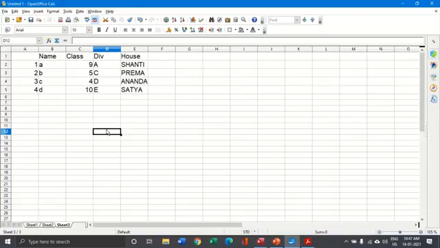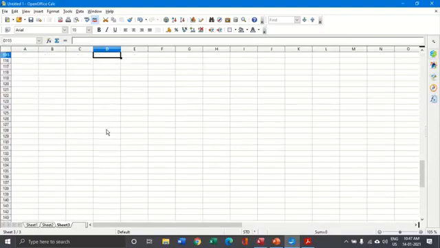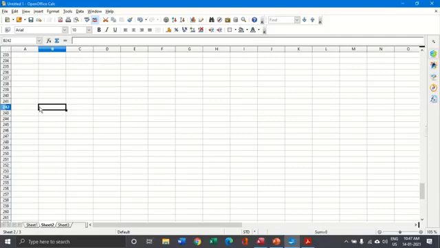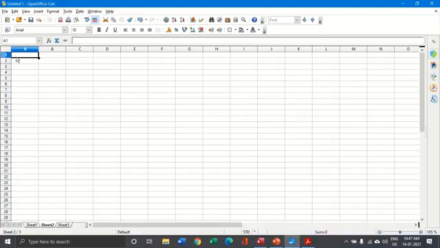Now you can also use the Page Up and the Page Down keys to move in between. See, now the pages are moving; Page Up and Page Down keys are for moving around the different pages. Now suppose I am doing Page Up, Page Down, and I am down here. If I want to go completely to the first cell, that is A1, I press Control and Home. That will take me to the very first cell of the worksheet.